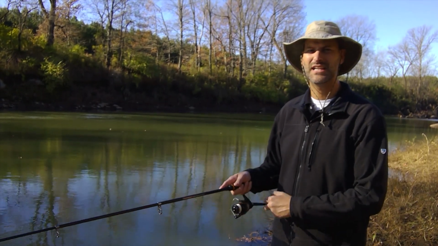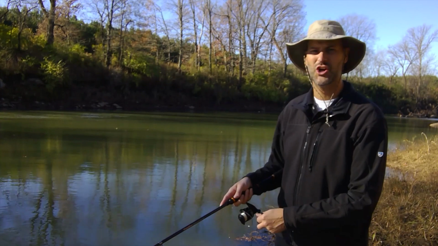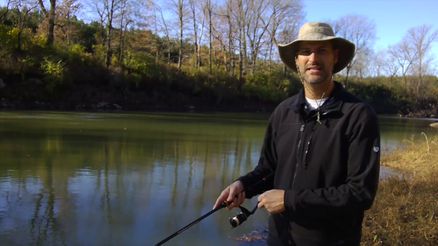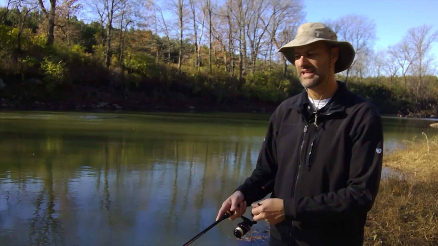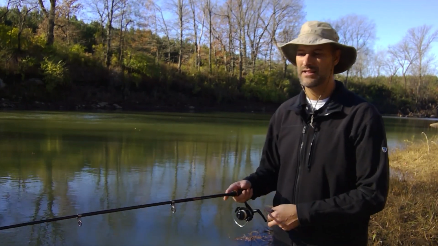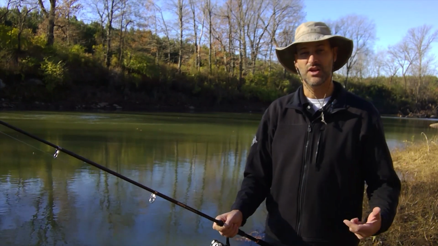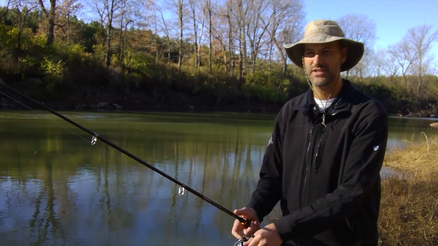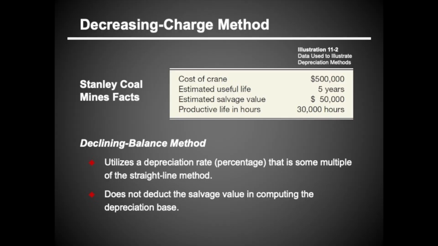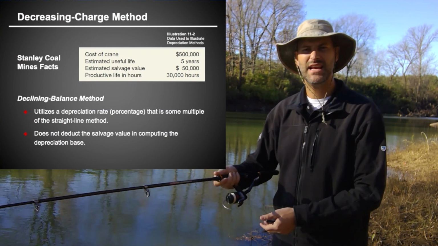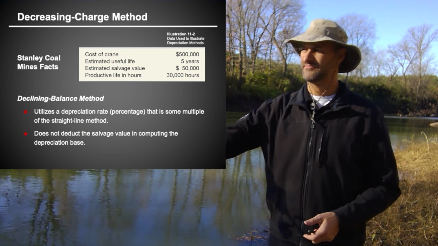The next declining charge method is called the declining balance method. The most frequently used is what's called double declining balance, in which case you take double. This is why it's called double declining, but you can take any ratio for a declining balance method. The declining balance method utilizes a depreciation rate that is some multiple of the straight line rate. So if we take, say, our 5-year useful life,